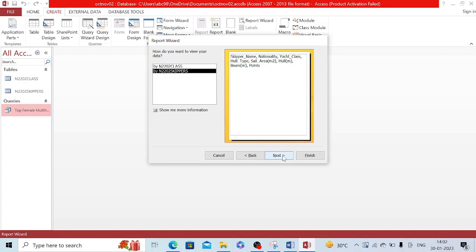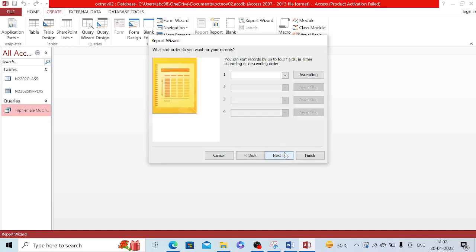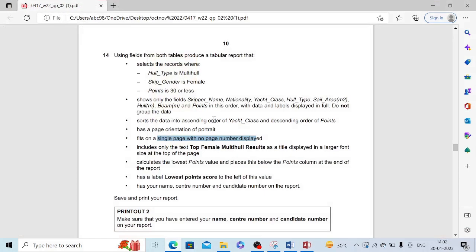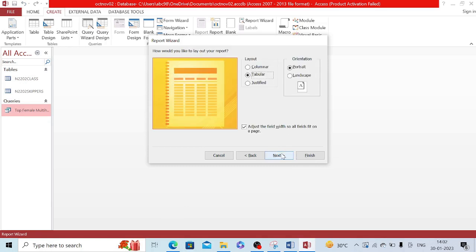Next, next, next. And now here you have to sort data. Sort the data in ascending order of Yachts class and descending order of points. So Yachts class should be ascending order and points should be descending order. Next,